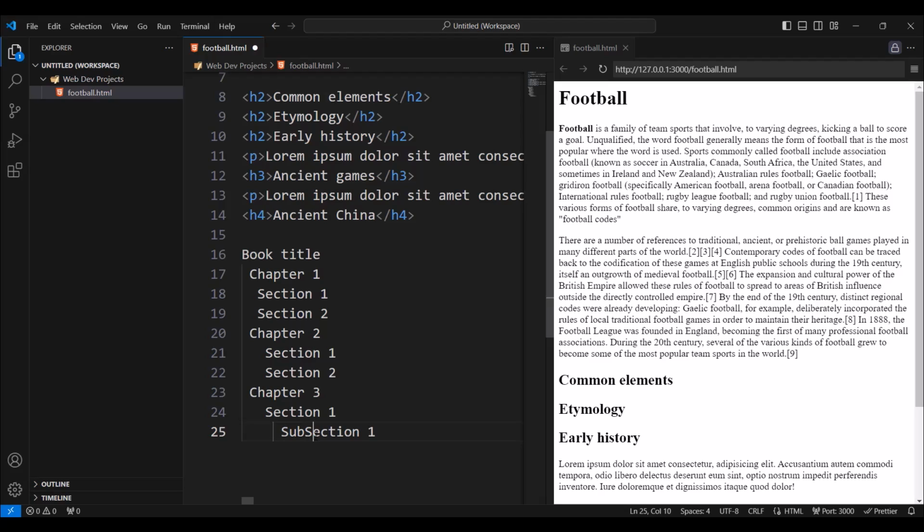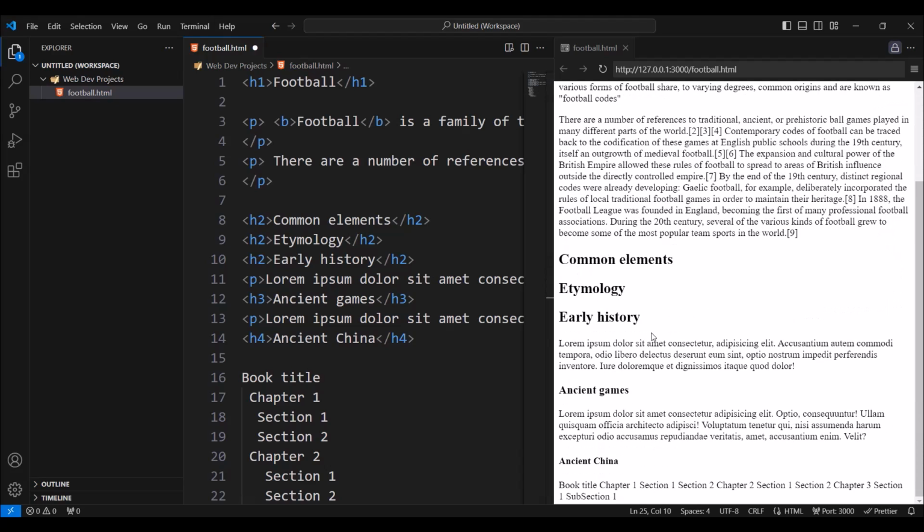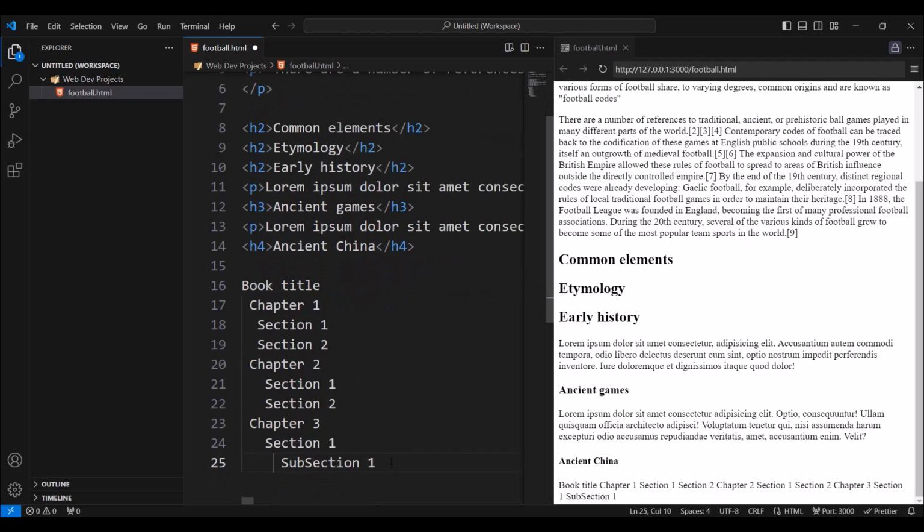Alright, now the challenge is to use what we talked about, headings and how they organize the web page, to organize this in a structured way using headings. So you have the title, you have the chapters, and you'll use headings to organize the text that we have here. You're gonna give them structure, because now you simply have text here.